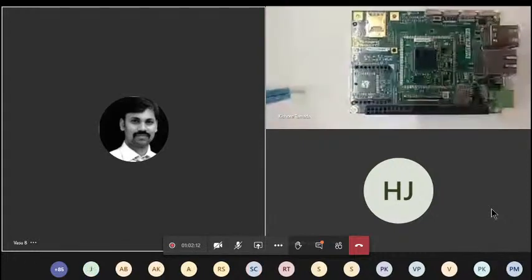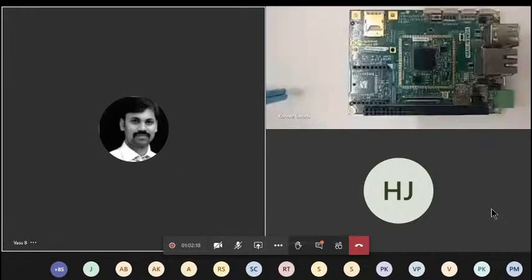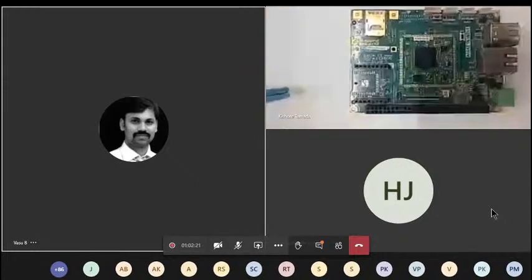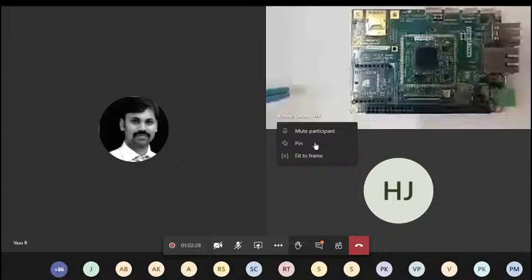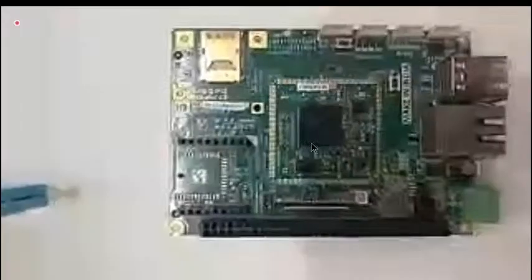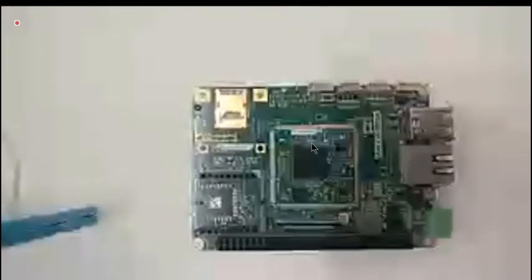In that option menu you can click on pin. If you pin it, it will be full screen for participants. Kishore, can you try to fix your mobile somewhere? Yes, sir. It's too blurred. Use the glass here and put the phone into that glass. Yeah, wait a second.